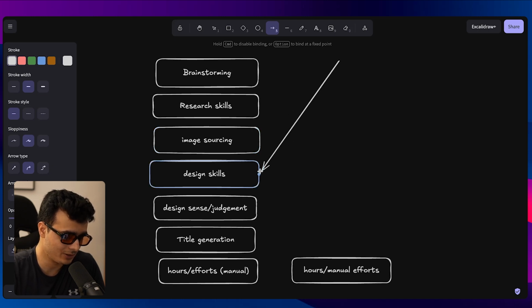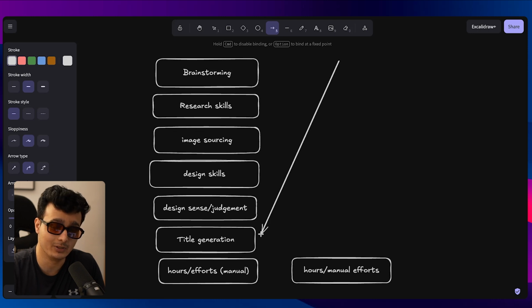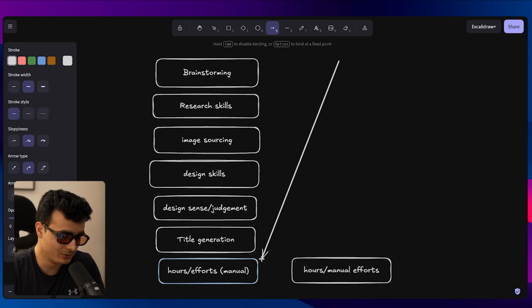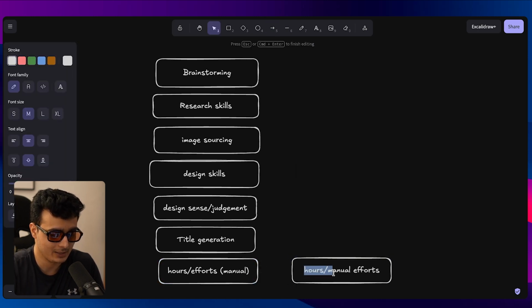Now you need to have a lot of design skills, judgment. Title generation is a big one. In title generation, you need a lot of expertise and intuition and the domain expertise to know what title is going to get clicks. Title is just as important as the graphic itself. And lastly, it used to take hours and hours of manual efforts, right? And then